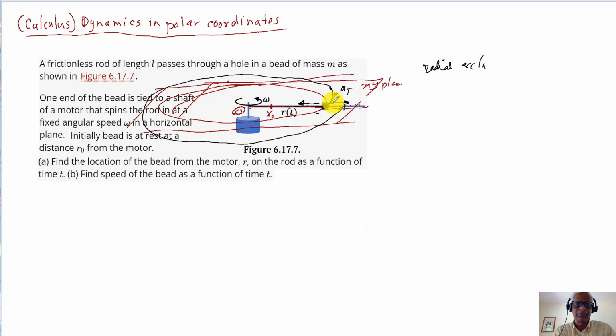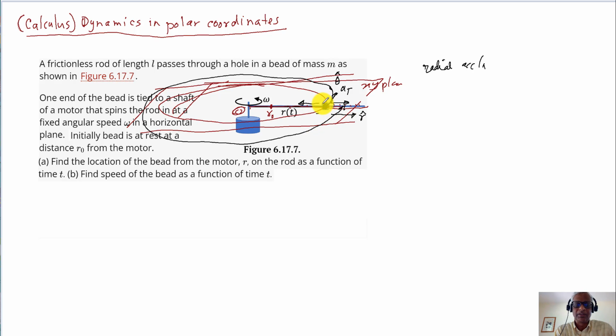And if you consider this to be the r hat vector, the unit vector radially out, and you consider this as the theta hat vector in the polar coordinates of r and theta,